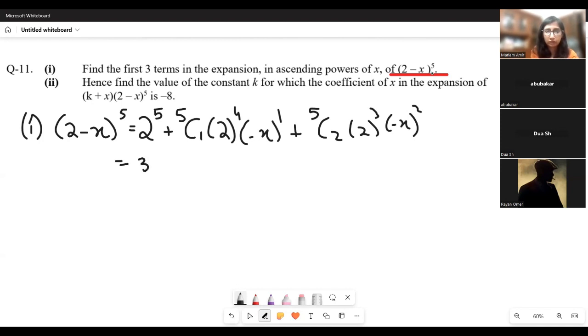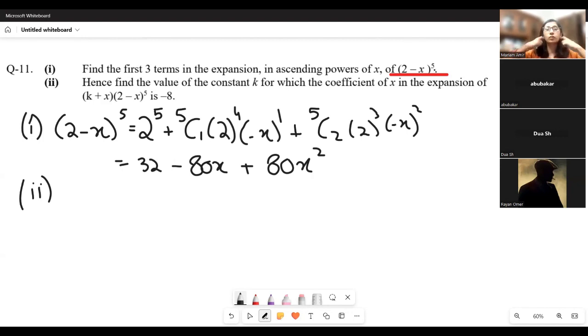Okay, that gives us 32 plus 5 into 2 power 4. That's 80. Going to be minus 80x. And then 5c2 times 2 cube and times negative 1 square, which is going to be positive. So 80x squared. This is the expansion. Okay. Next is,